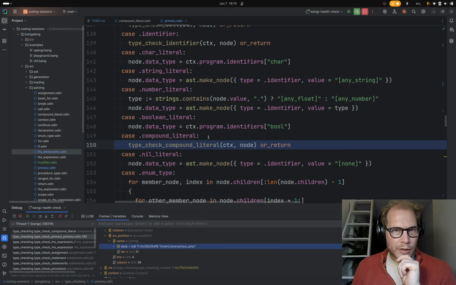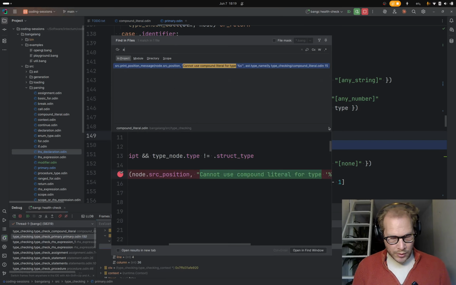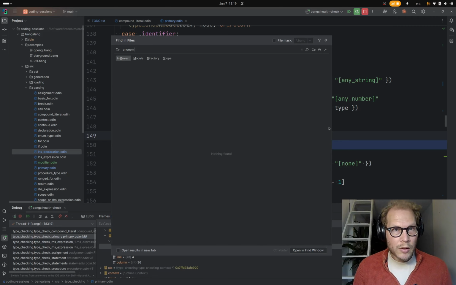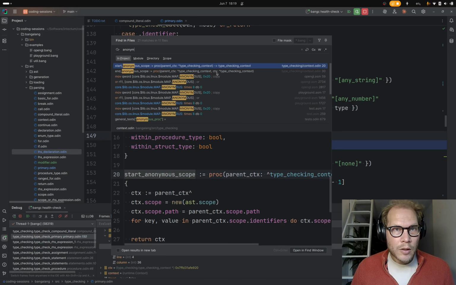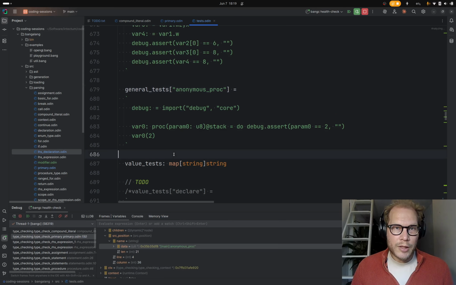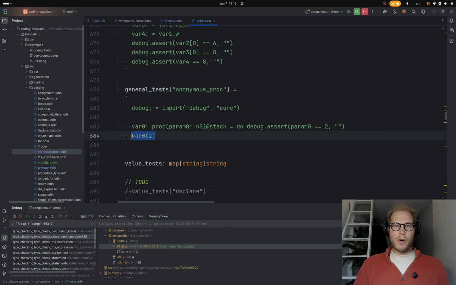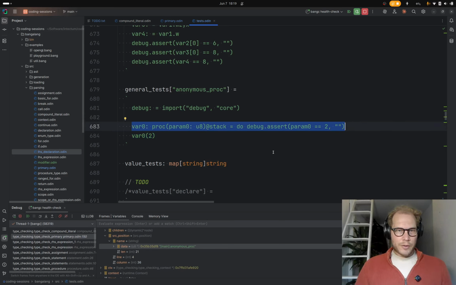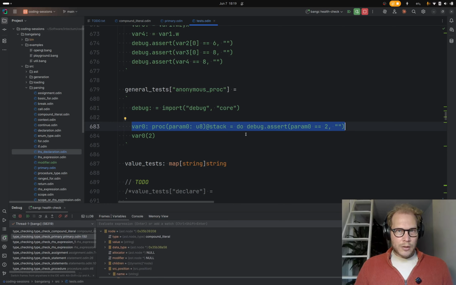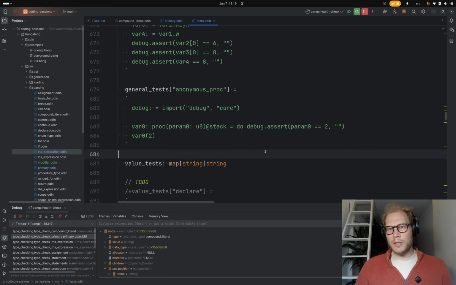Ah, that means we're in the anonymous proc. Yeah, the anonymous proc test, line 4. Well, I think maybe this is line 4. So we're here, and for some reason it thinks we're talking about a compound literal.